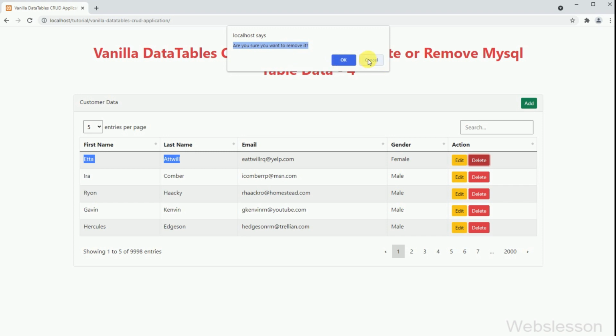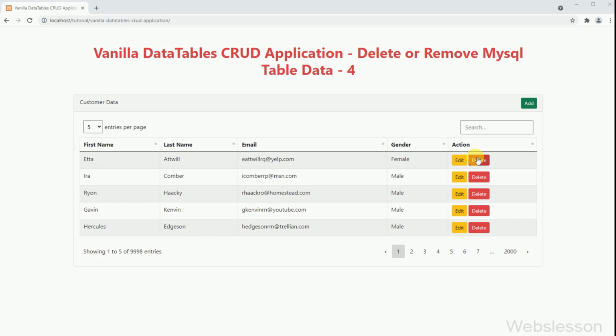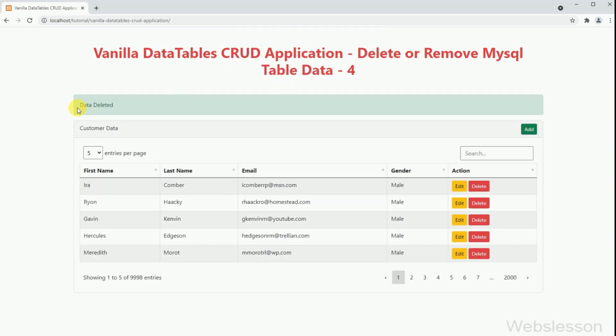First we clicked on the Cancel button, and we can see no action has been performed. Now we again click on the delete button, and then click on the OK button. After clicking OK, we can see a success message on the web page. That means the data has been deleted, and in Vanilla Data Tables we can see the remaining data. So it will ask for confirmation before deleting any data.